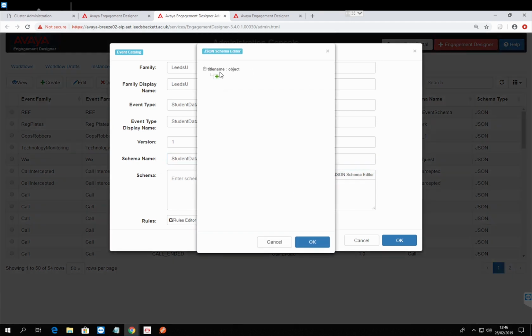and we can define what our event contains. We can plug in different bits of information. It can be string, it can be a number, boolean, objects, it can be an array, and much more. So in this scenario, I'm going to create 2 bits of string data. So the first one will be student number, because that will be a data set that I'll be using in my environment. In your environment, it can be anything. It depends on what data you're passing in and passing out. And I'll also use student